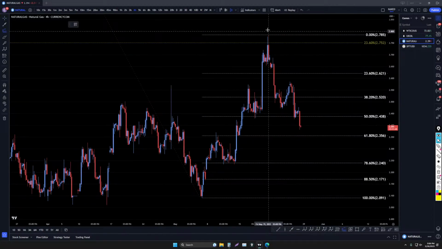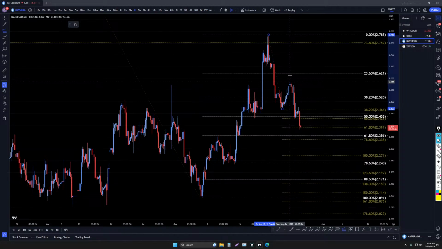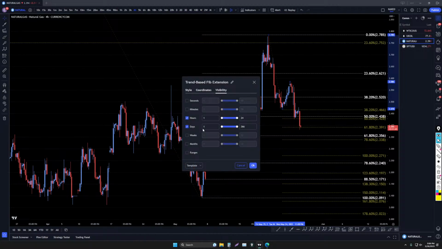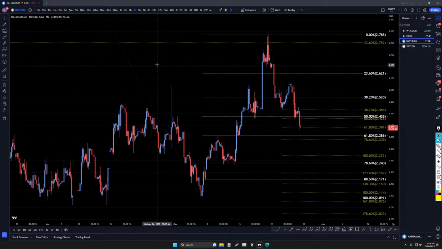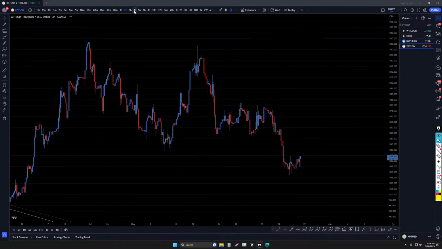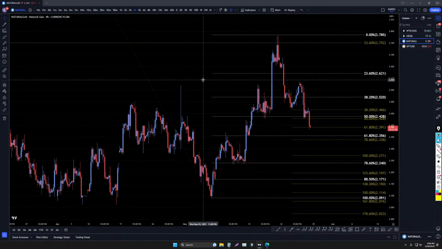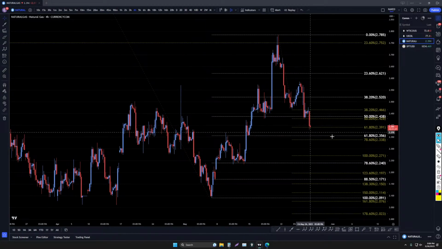So let's put this from here to there, and then project it off of there. And then let's see if we got some overlaps on that one. Oh, whoops. What did I just do? Oh, I changed pairs. Okay. Let's see. So yeah, we definitely have a little bit of an overlap here.